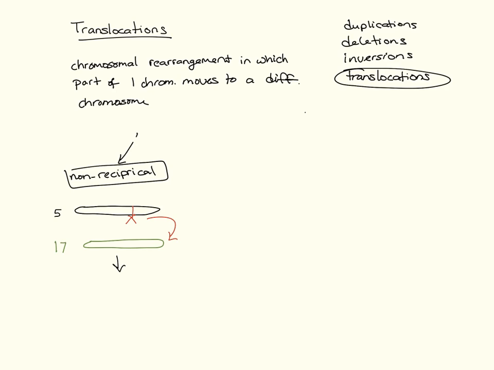And that would end up with a short chromosome 5 and a normal chromosome 17 that has a little extra bit on its end. So that's a non-reciprocal translocation because one part of the chromosome moved to another, but it didn't get anything in